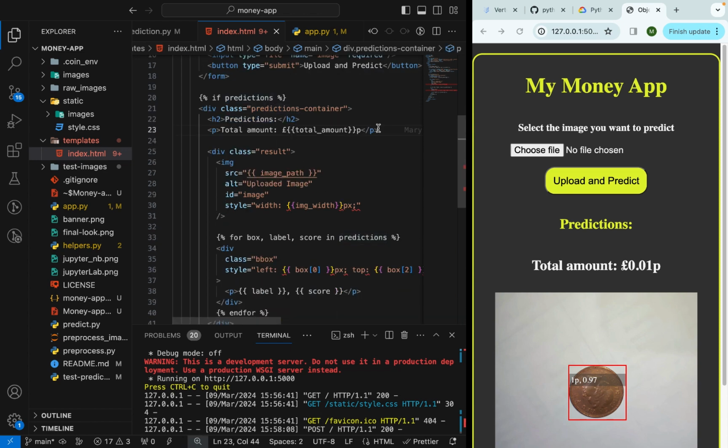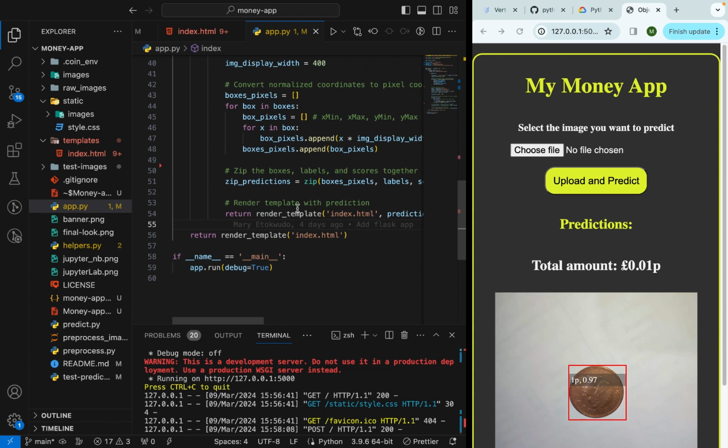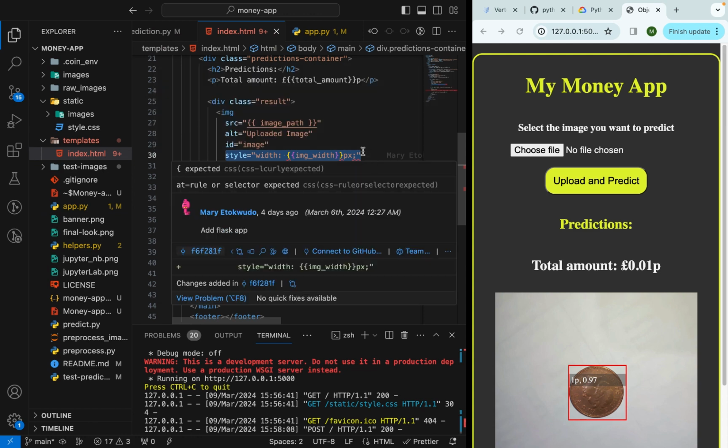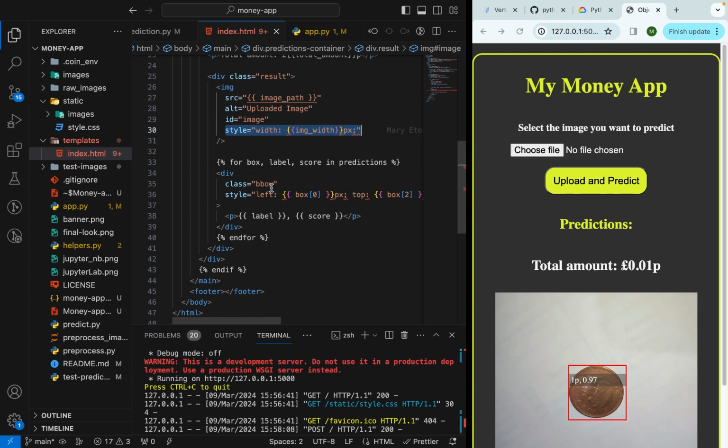So we say prediction, then the total amount, which we already returned as a URL parameter. Then we also have the image part. Remember we talked about image part down here. We'll style the image by giving it a width of 400, which is the image display width that we have set. Then we say for each box, we loop through the predictions. We want to get the box, the label, and the score for each predicted object. When we get that, then we display a div element, and the div element will have a color